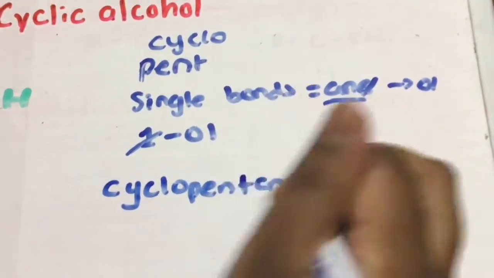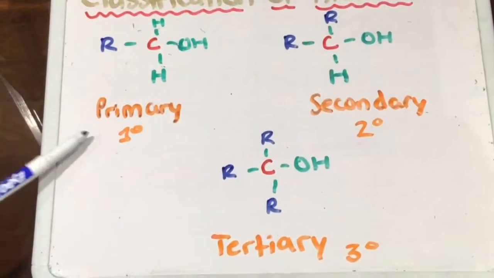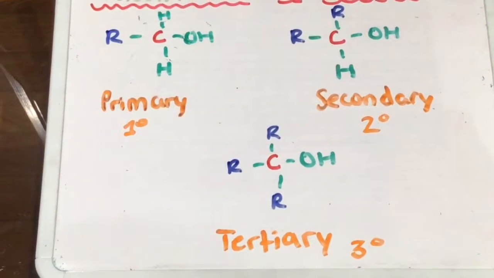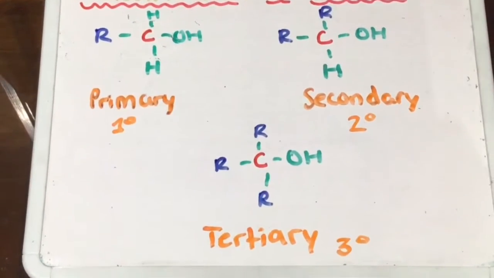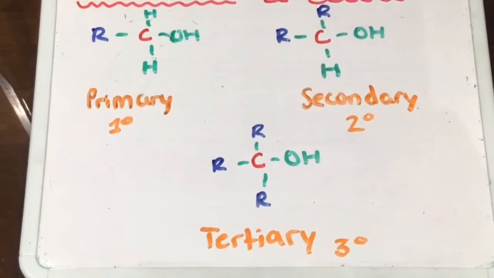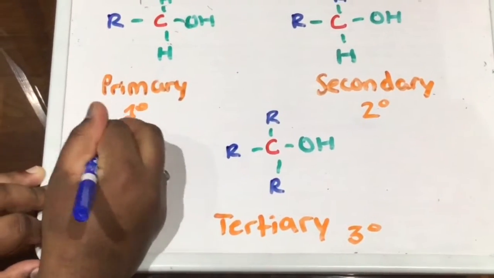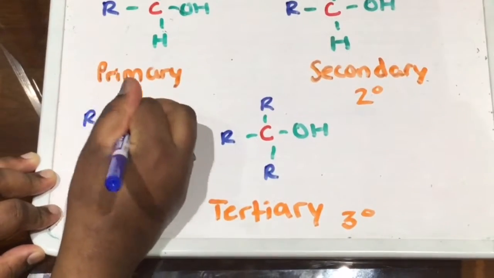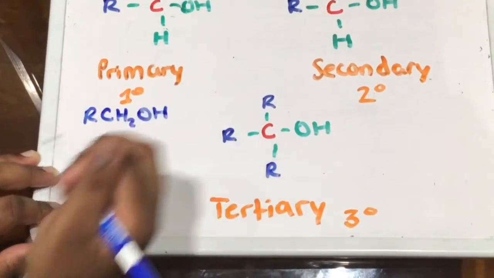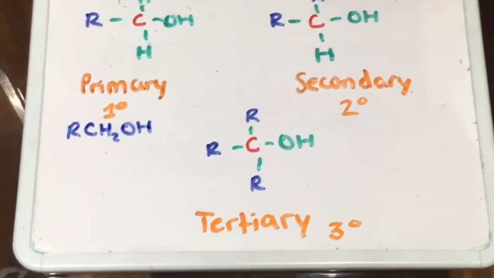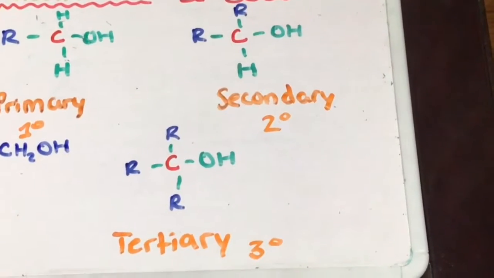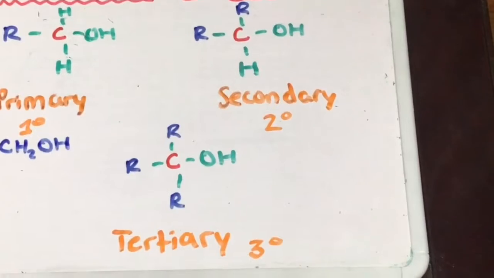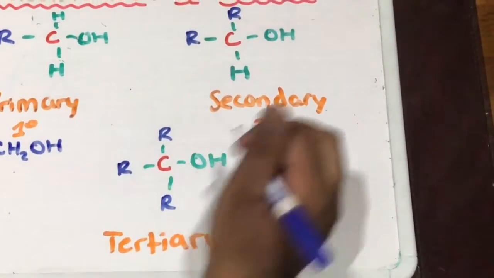cyclopentanol. The first class is a primary alcohol, one in which the carbon atom in red with the OH group is attached to one other carbon atom in blue. Its general formula is RCH2OH. A secondary alcohol is one in which the carbon atom in red with the OH group is attached to 2 other carbon atoms in blue. Its general formula is